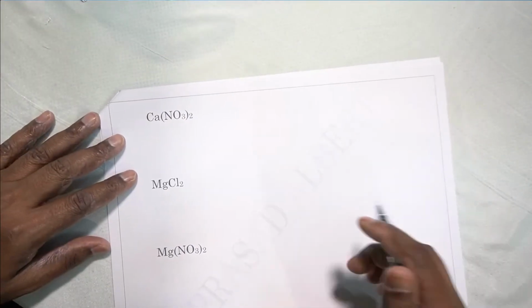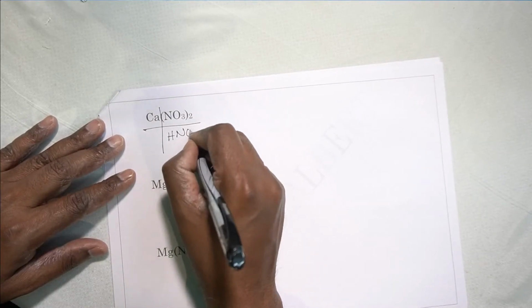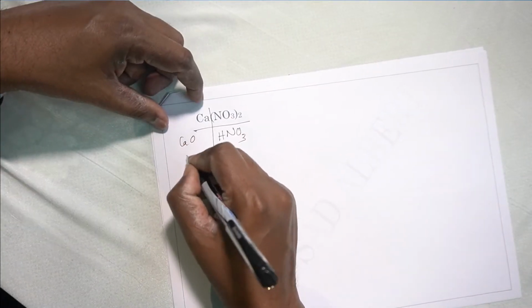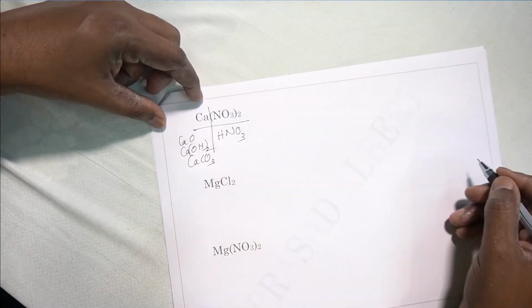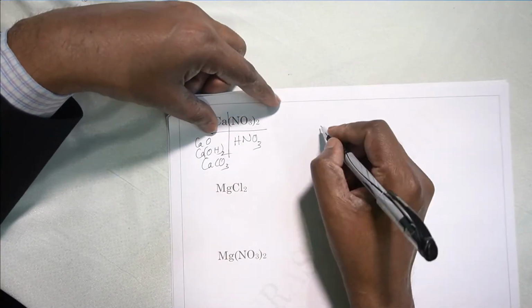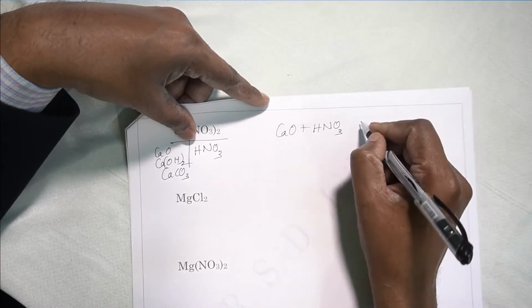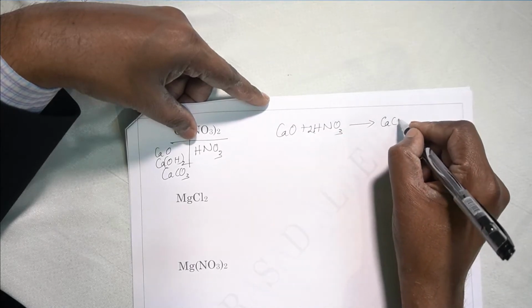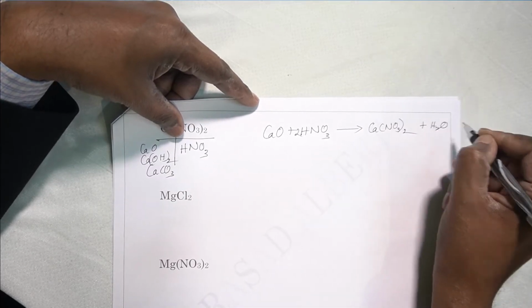Then let's go to the next salt of calcium, that is calcium nitrate. The nitrate part will be obtained from nitric acid, HNO3. For calcium, as we have seen, we have metal oxide, calcium oxide, metal hydroxide, calcium hydroxide, and metal carbonate, CaCO3. So let's have 3 reactions. CaO plus